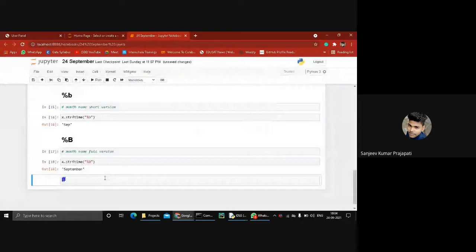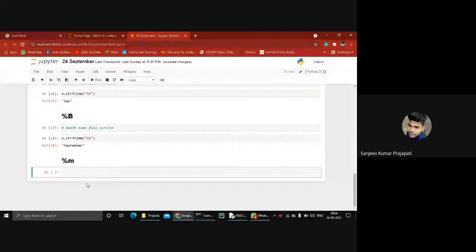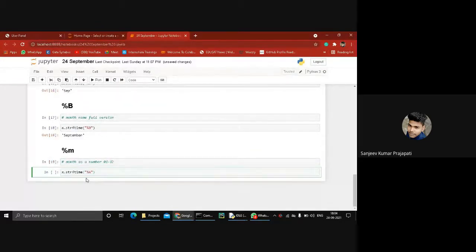And next is percentage m. Basically it is used to return the month as a number, 01 to 12. What is coming from this statement? 9.